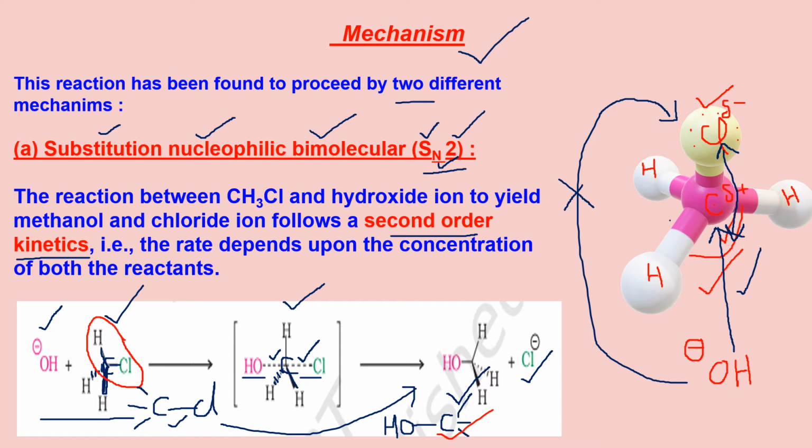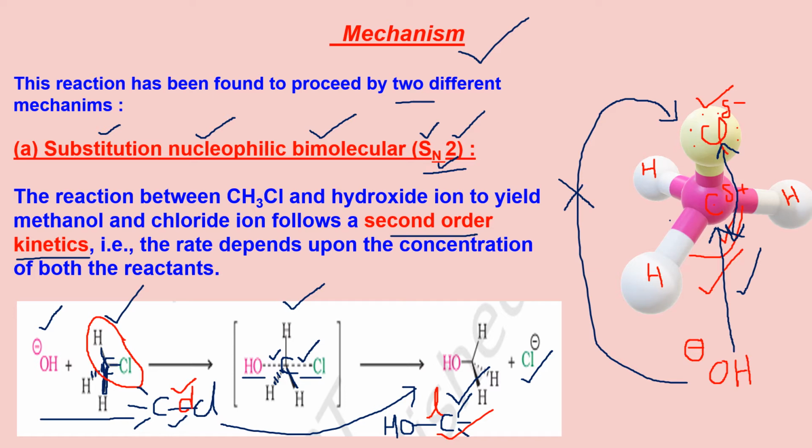Which configuration? You must have heard of dextro and levorotatory. When you pass plane polarized light through an organic compound and the light is moving towards the right, we say the compound is optically active and it is dextrorotatory. And if the light is turning towards the left, then we say it is levorotatory. But by just looking at the structures, we can't say this is dextro or levo. But imagine if this is dextro, then the opposite configuration has to be levo. And if the first one is levo, then the opposite has to be dextro.